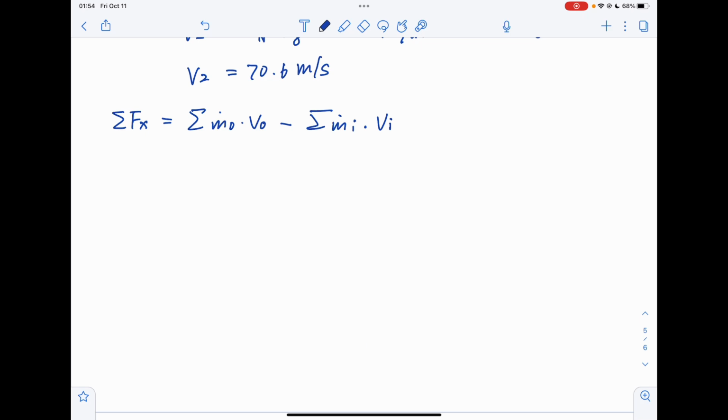Okay, because we don't have any water flow in, so we will only have the mass flowing out term. So Fx will be equal to rho times the velocity flowing out, which is equal to the velocity V2. So Fx will be rho times A times V2 squared, which will be equal to